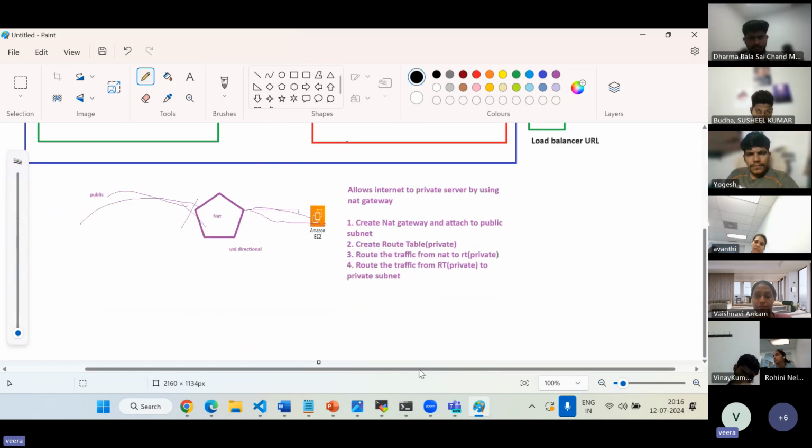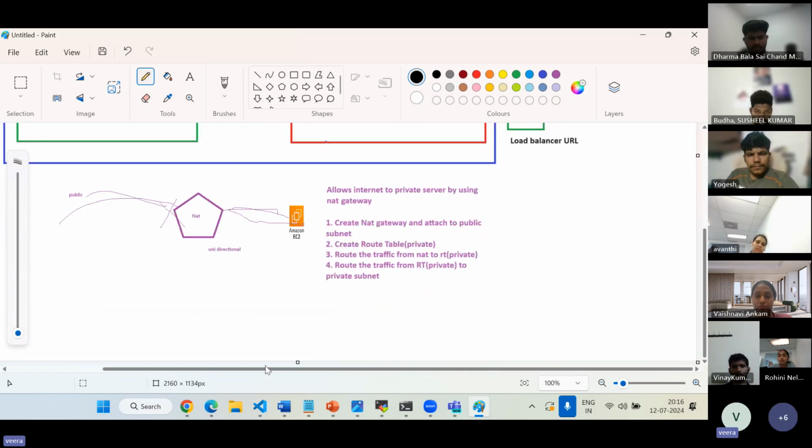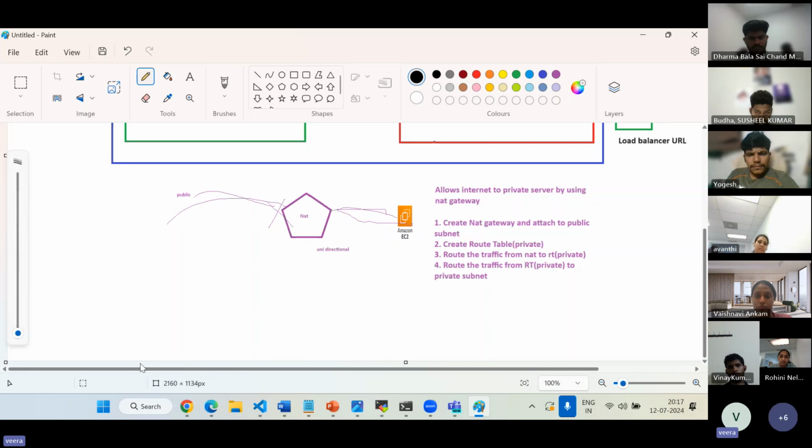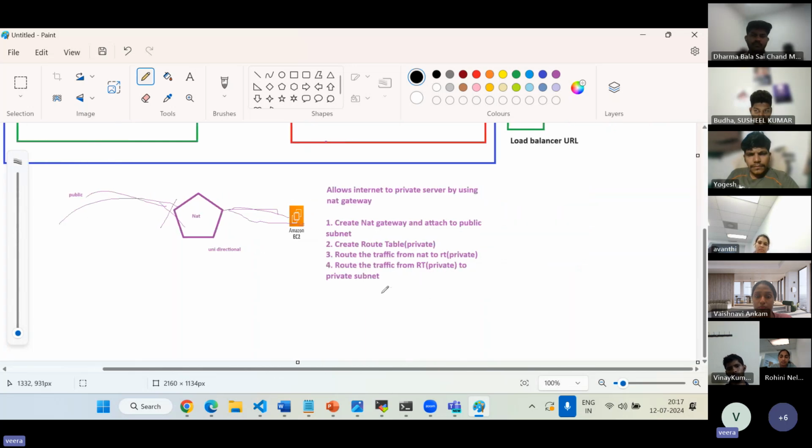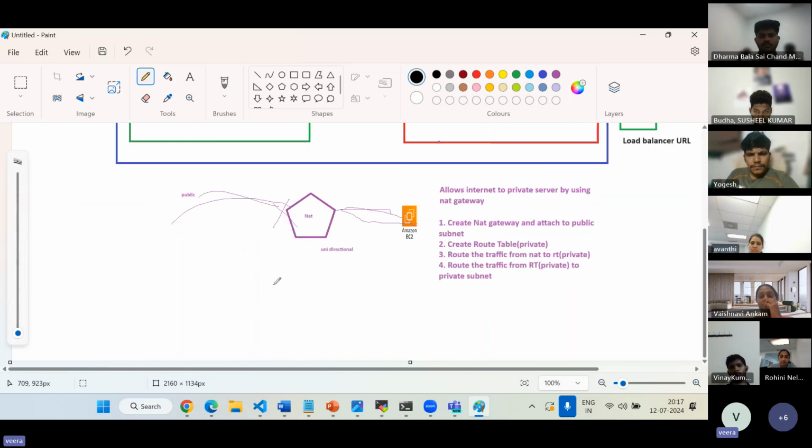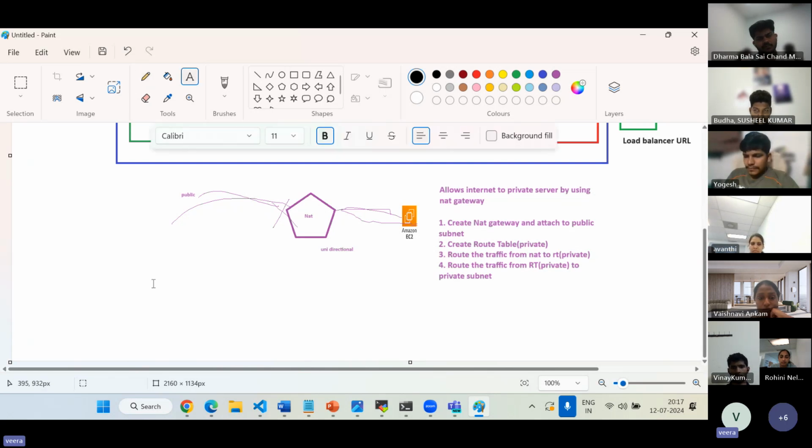Let me install a sample HTML application here. To deploy the HTML application, we need a proxy server or web server, that is the Apache web server. The Apache web server allows